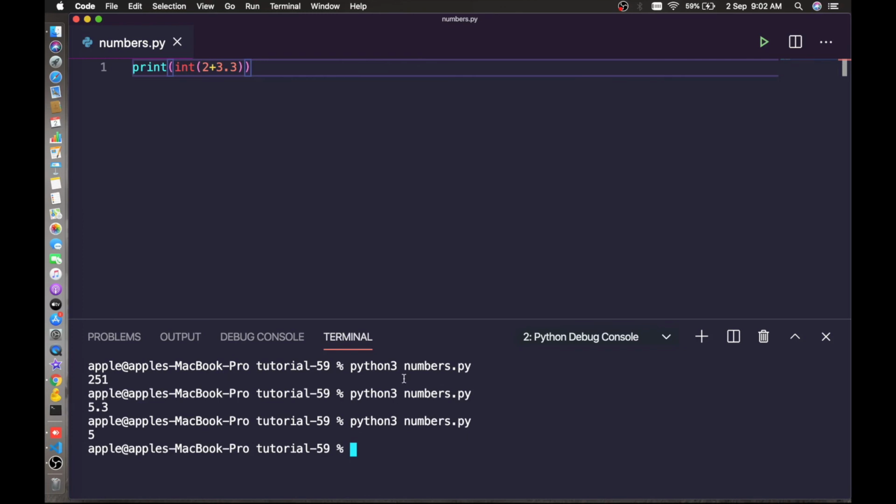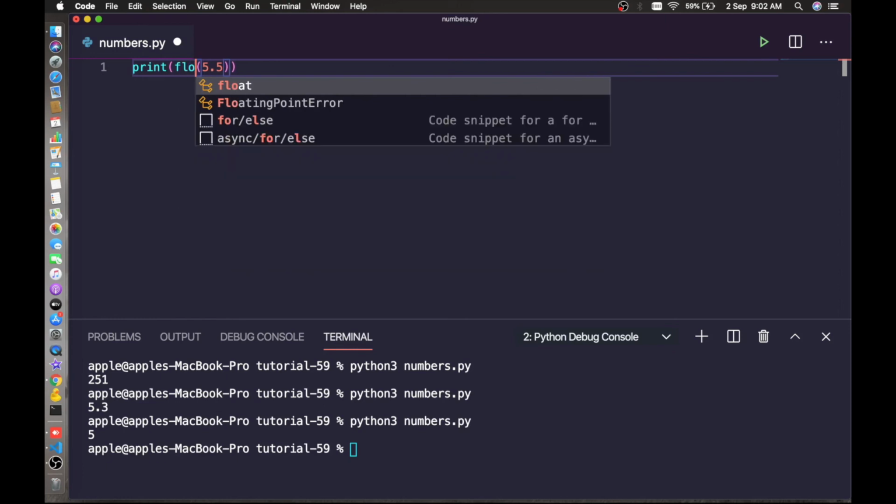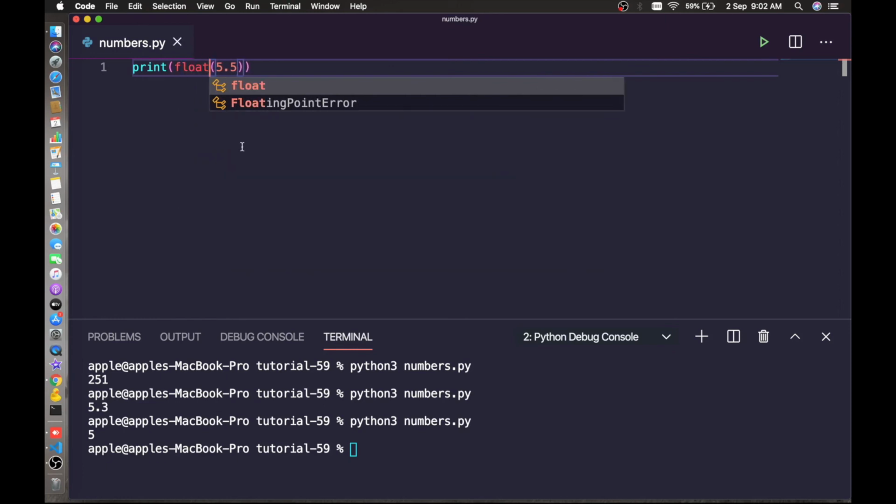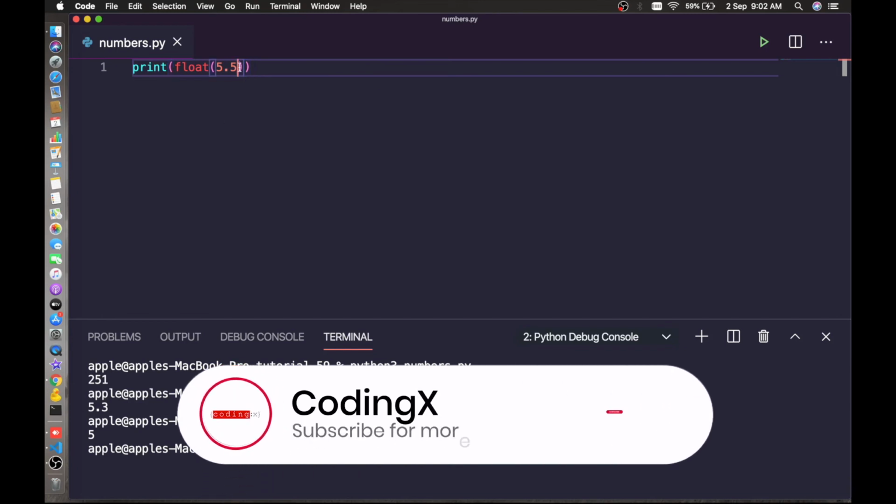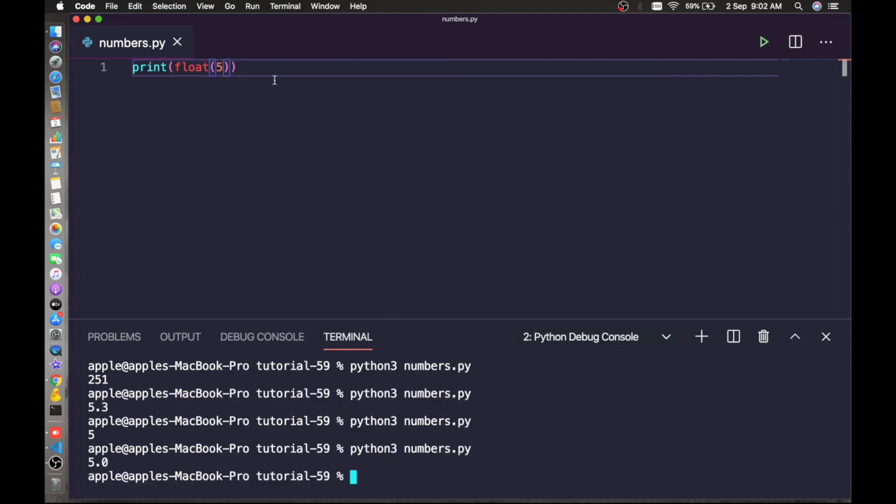Similarly, if you want to change an integer number to float, you can put float here. Sorry, this is already float. Here it is. Now you can check. Yes, 5.0.